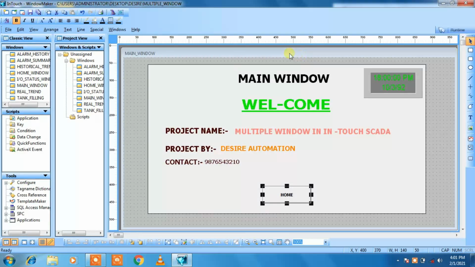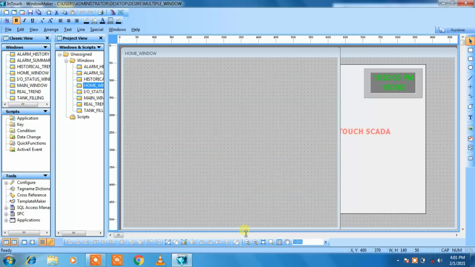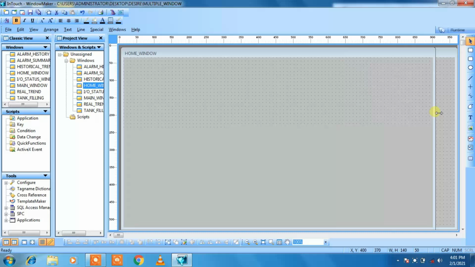For this time we are doing the programming or graphical representation, so we will do programming one by one for all the windows. Okay, so let me go to the home window. Now it is open over here. Let us maximize it.